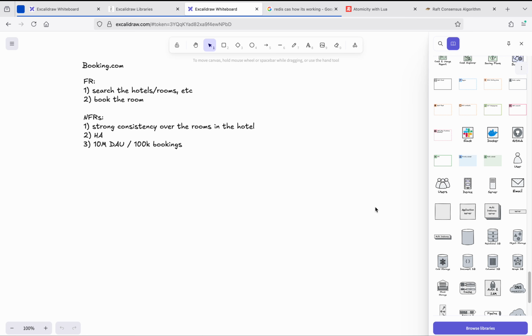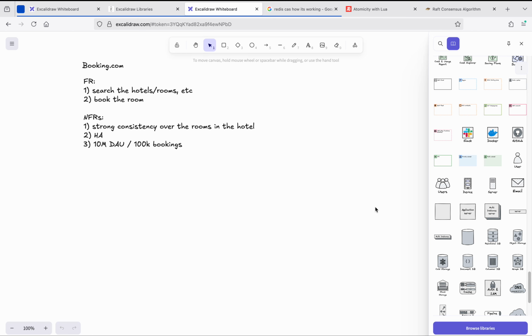And today we are going to take a look at the Booking.com system design, which is a complex problem involving our knowledge about strong consistency algorithms and approaches in enterprise-grade systems. In general, we are looking for some functional requirements. They are about searching for hotels and rooms, and booking a room in a particular hotel for one